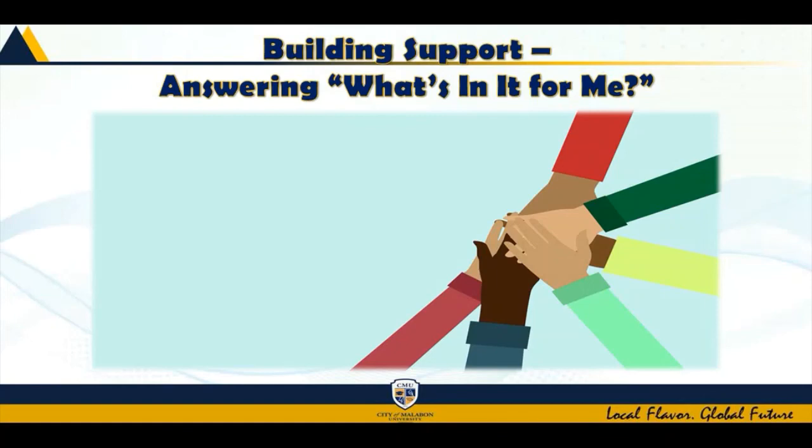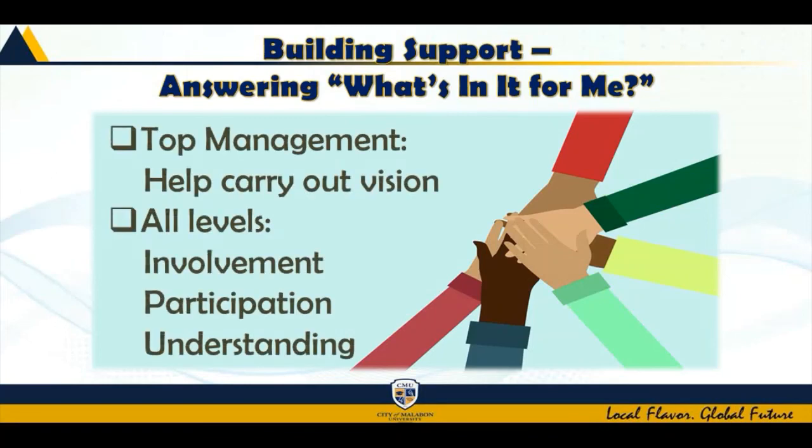Next is building support, or answering what's in it for me. Given the many competing projects and also the usual scarcity of resources, some organizations might be reluctant to implement a performance management system. Primarily, the reason is the lack of any perceived value added to a system that requires many resources, particularly time from the supervisor, and that seems to produce little tangible payoff. The need to align organization and unit priorities with the performance management system is one of the key factors contributing to obtaining the much needed top management support of the system.